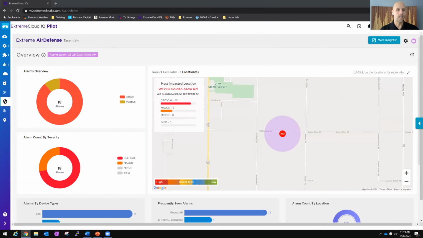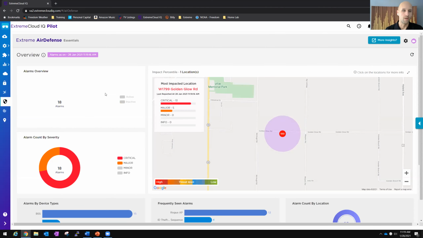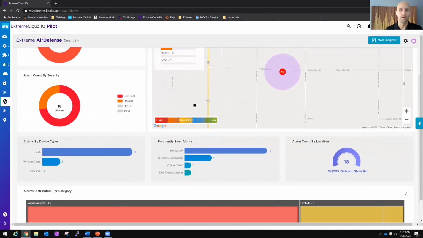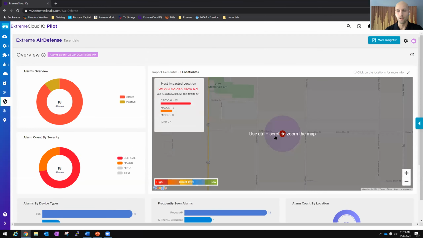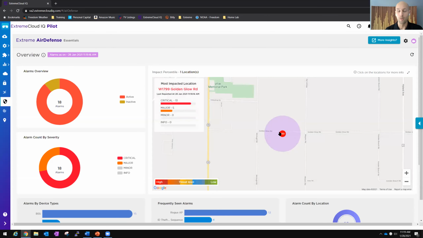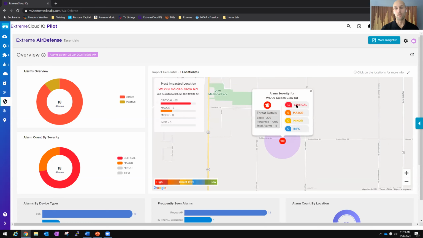So right off the bat on this dashboard for AirDefense Essentials, we can see the alarms overview. We can filter these in and out based off of the alarm types we want to see. We have alarm count by severity. We have the location right here in the map and the threats that it has. So if you have multiple locations, you'll be able to see this on a single map. Click into there, and then you'll be able to see what exactly we have for threats and detection within